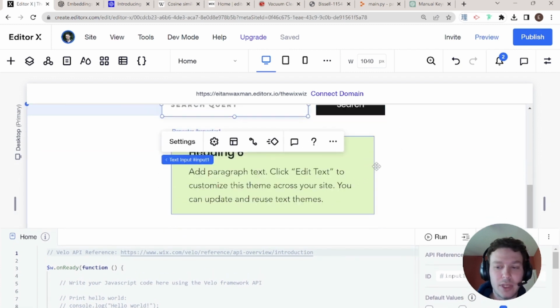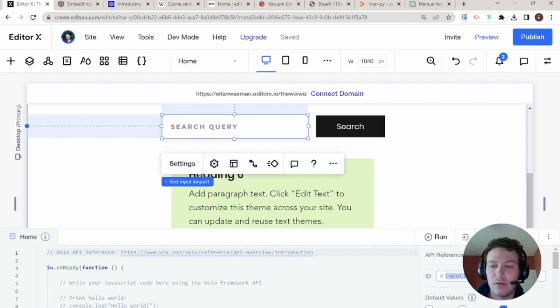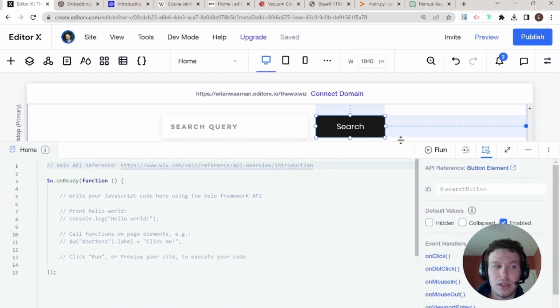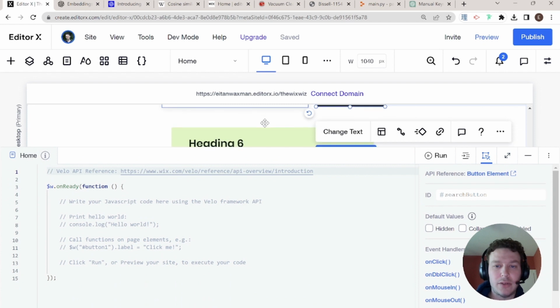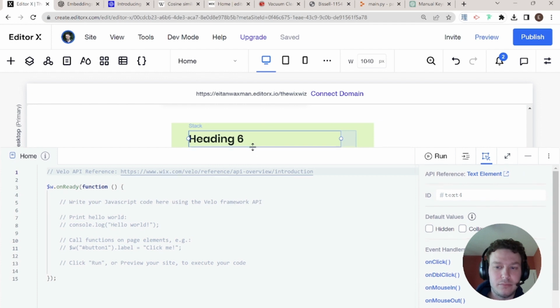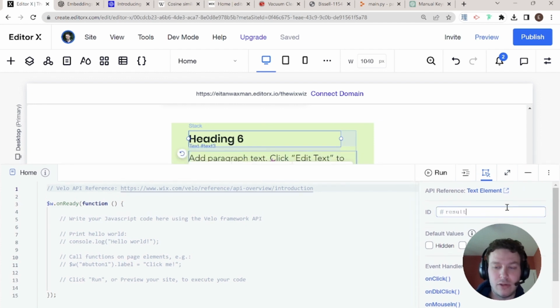So what we're going to do over here is I'm just going to name some of these elements that I put out here. So this will be our search input. This will be our search button. Sorry if you can't see so well because I'm blocking. It's our search button. And right over here, we're going to have our results repeater. And here we're just going to have the result title, and we're going to have our results